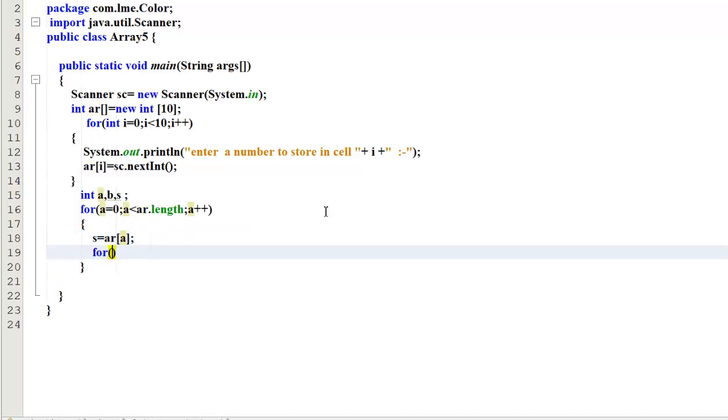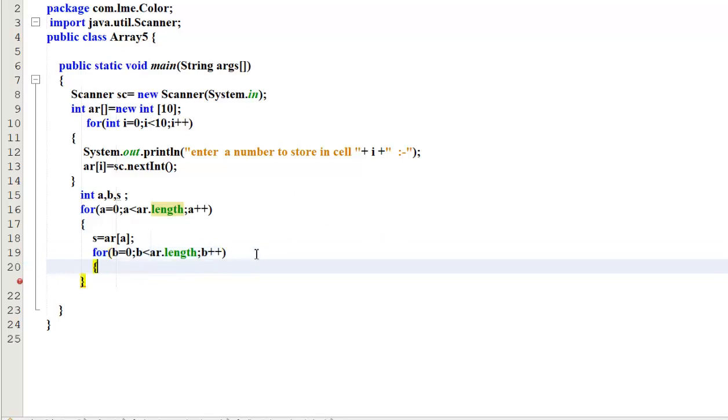Take one more loop, b equal to 0, b is less than array dot length, then b plus plus. Now find the smallest.